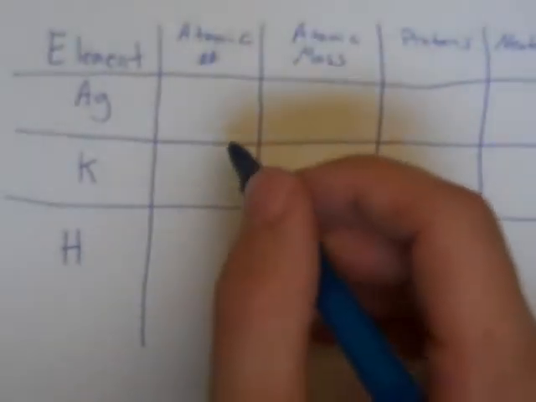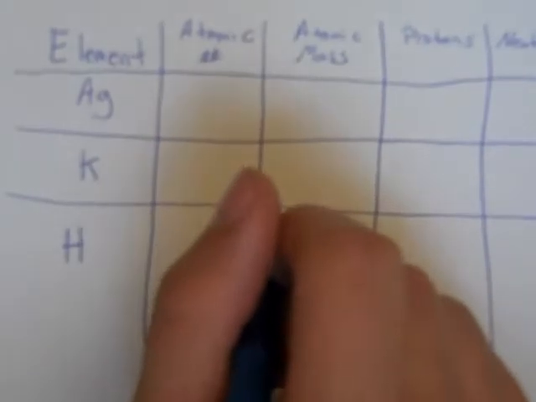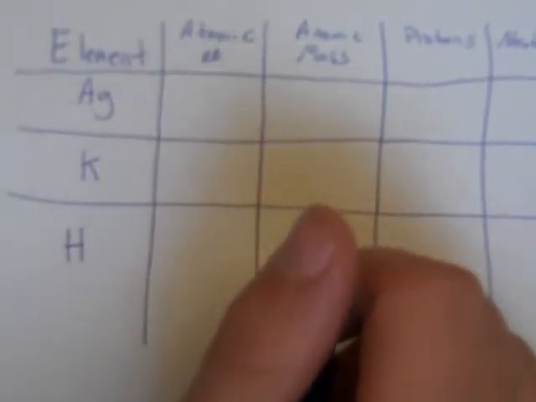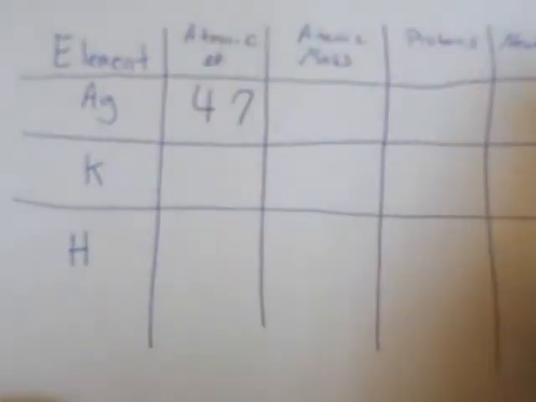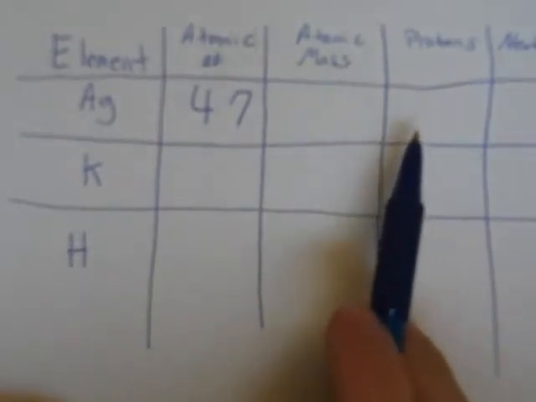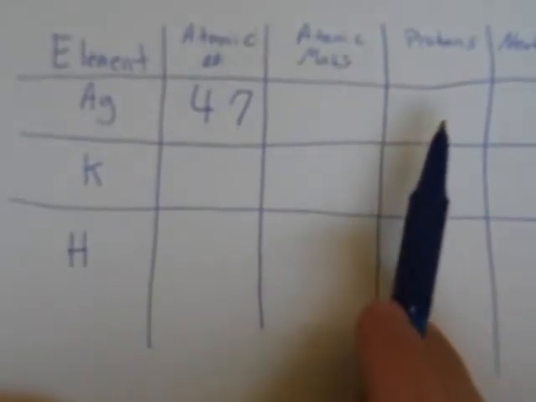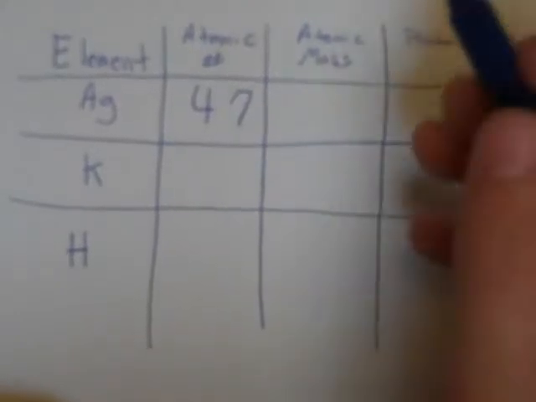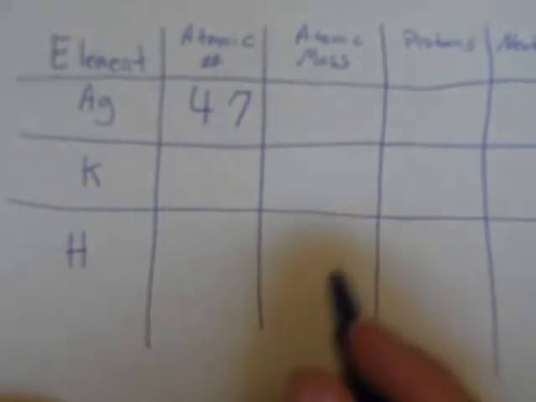The atomic number is going to be found on your periodic table, and it's actually the number listed at the top. That's going to be 47. The atomic mass is found right underneath that, at the bottom of the element, actually, and that is